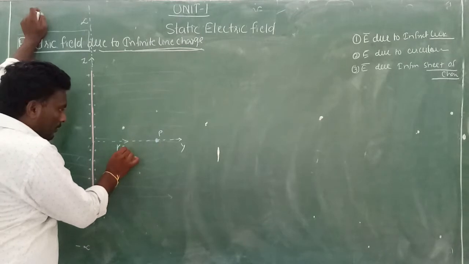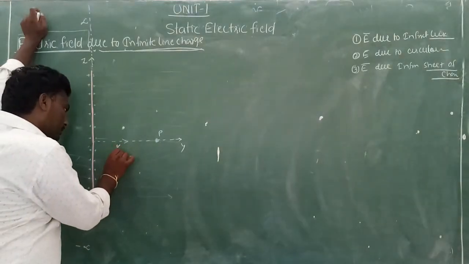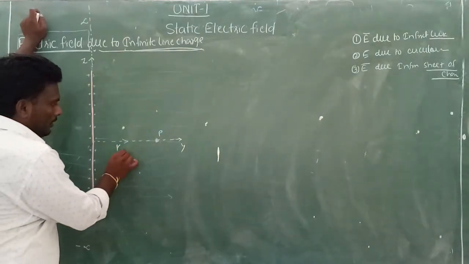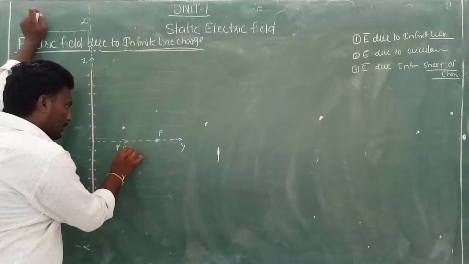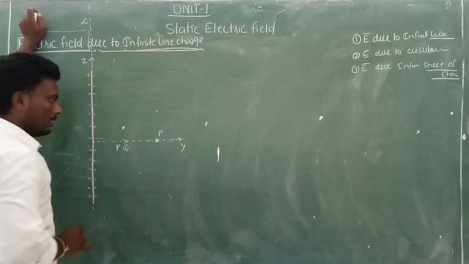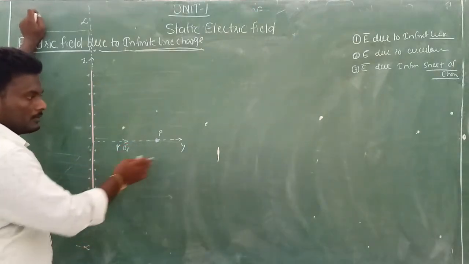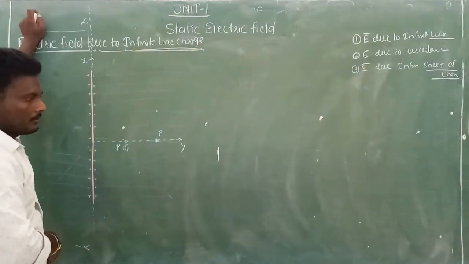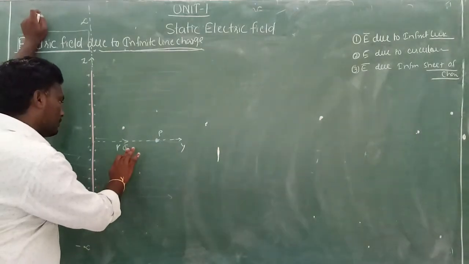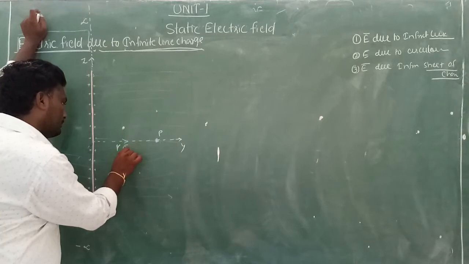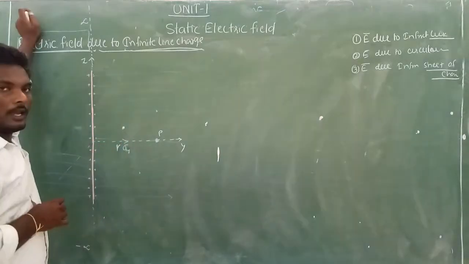This point is there in, tell me, this point, consider it as r bar. It is r bar, the direction. Here there is a y-axis, or you can also consider it as ay bar. Why? Because it is on the y-axis.